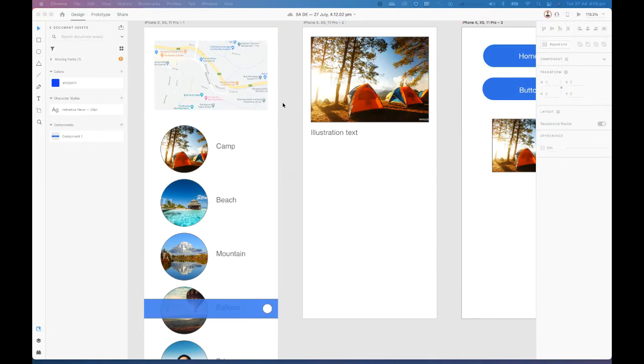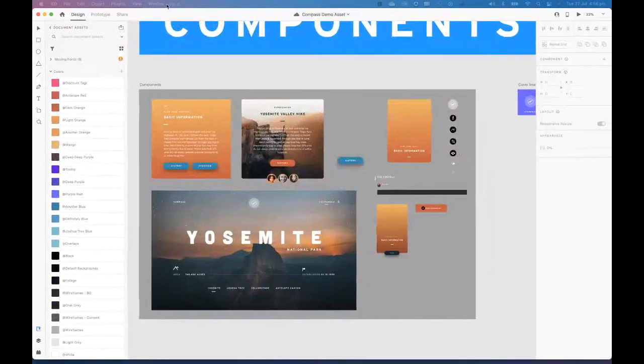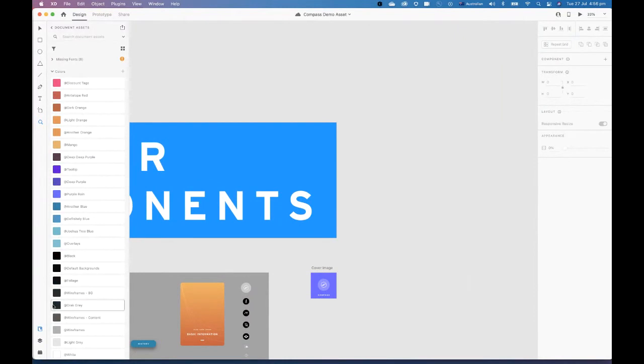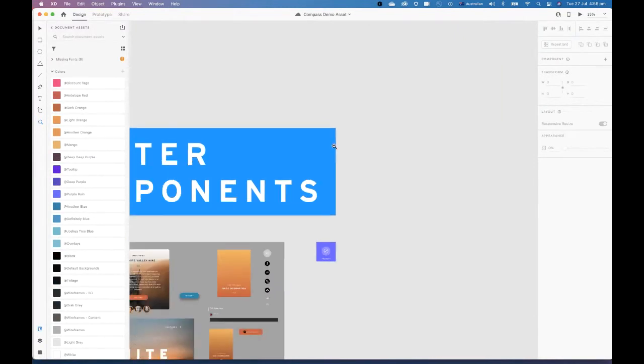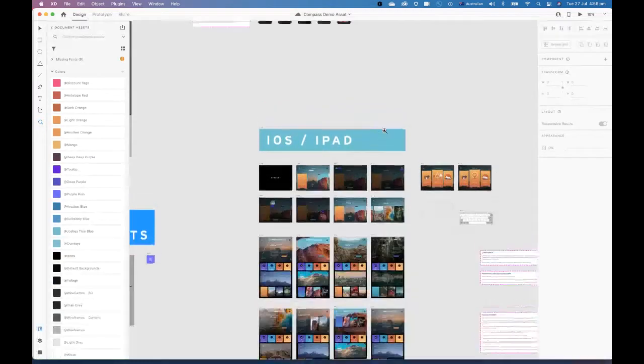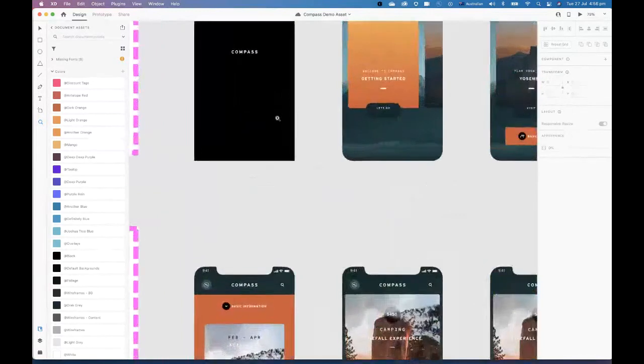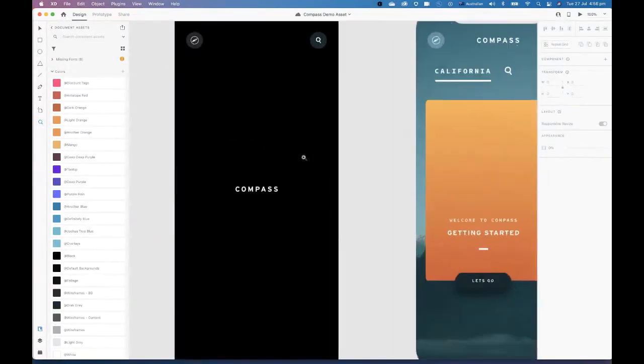Okie dokie. So we've gone through the process of doing our design, and we've had a little bit of a look at what prototyping actually looks like. So what I might do is go into that in a little bit more detail and go into our more complex looking application and show how building out our interface and the way it works does work. Okay, so this Compass demo at the moment,